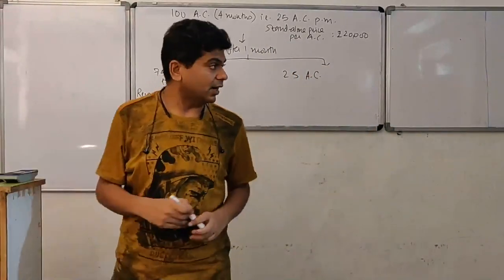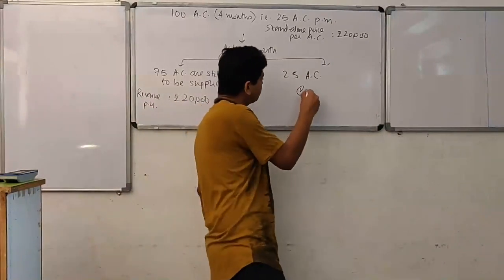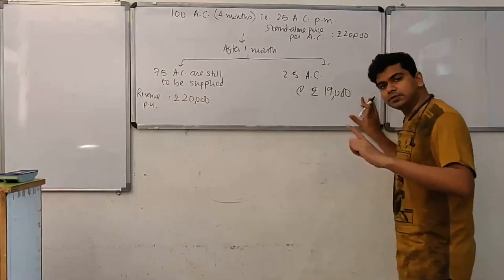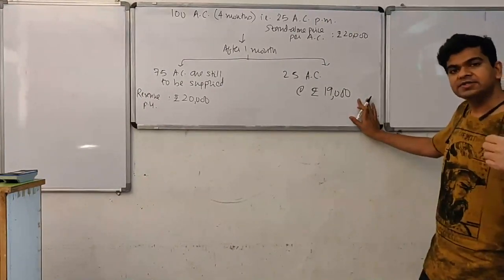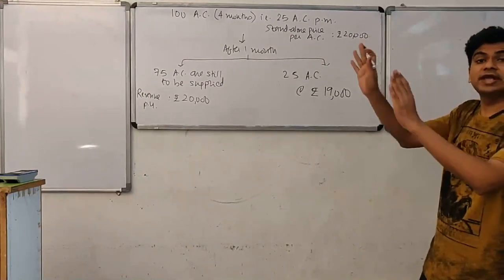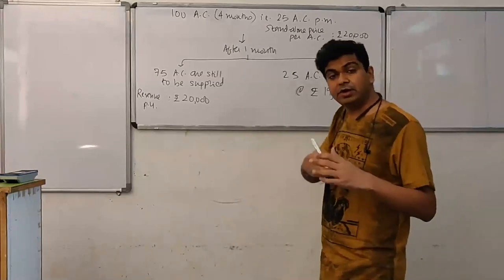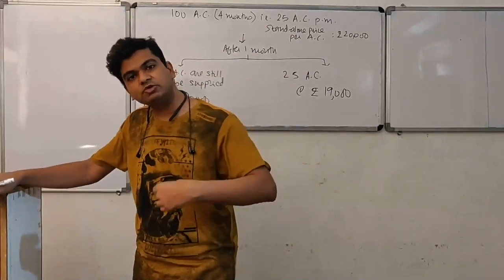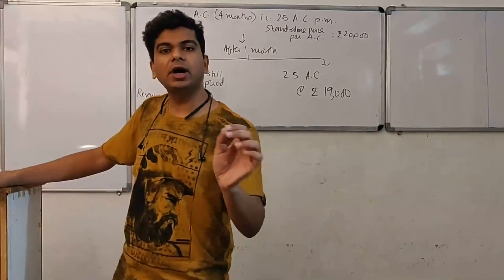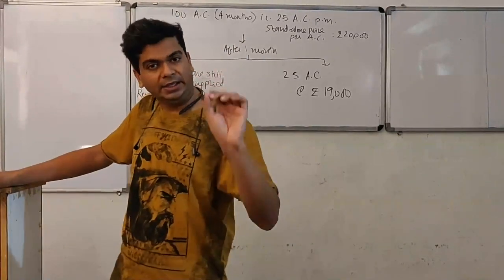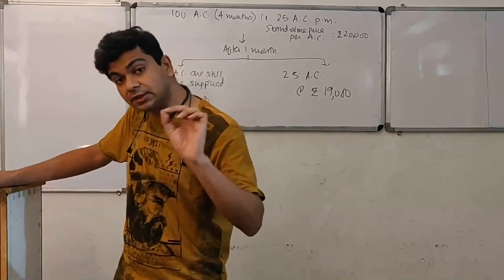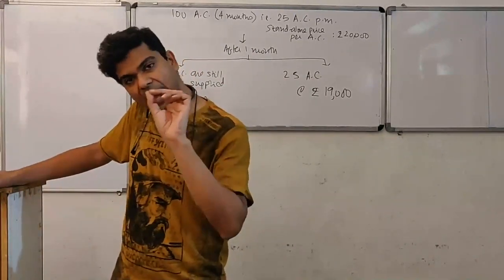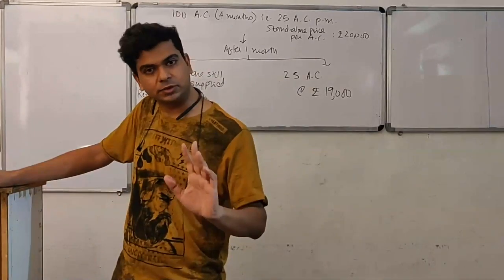Not only that, the client also says that this 25 I want at 19,000. So our customer is calling us and is suggesting that I'm sorry, I originally entered into 100 units of AC, but now I don't require that. You have already delivered me 25 units, really nice. I want another 25 units. And then that same customer tells us that, see, right now you are selling to a new customer at 19,000. I also want it at 19,000.